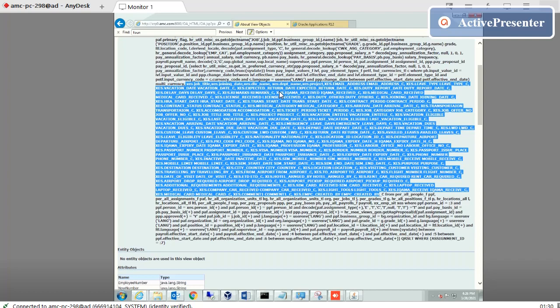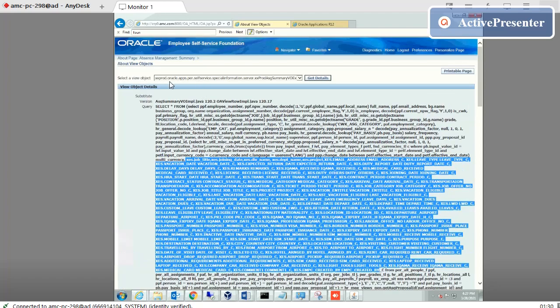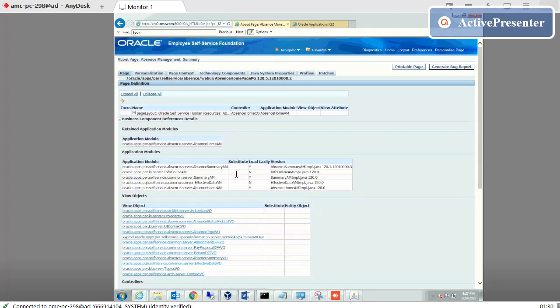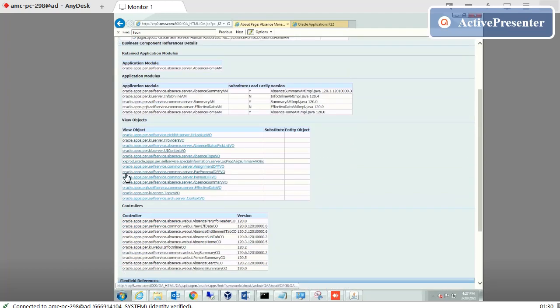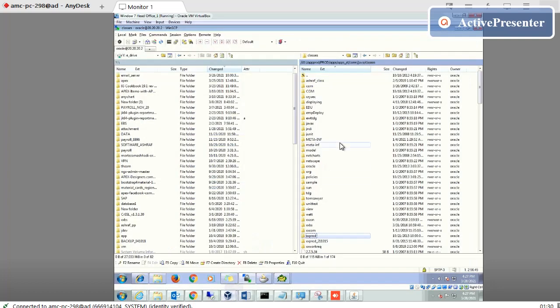So one time I add all these fields for the maximum fields of employee. See the path of the existing object. First, in Oracle you will see the folder apps. You will see the per folder. After that, this is the path you have to check. We already got that path. In VNC, we add this one. This is already added.